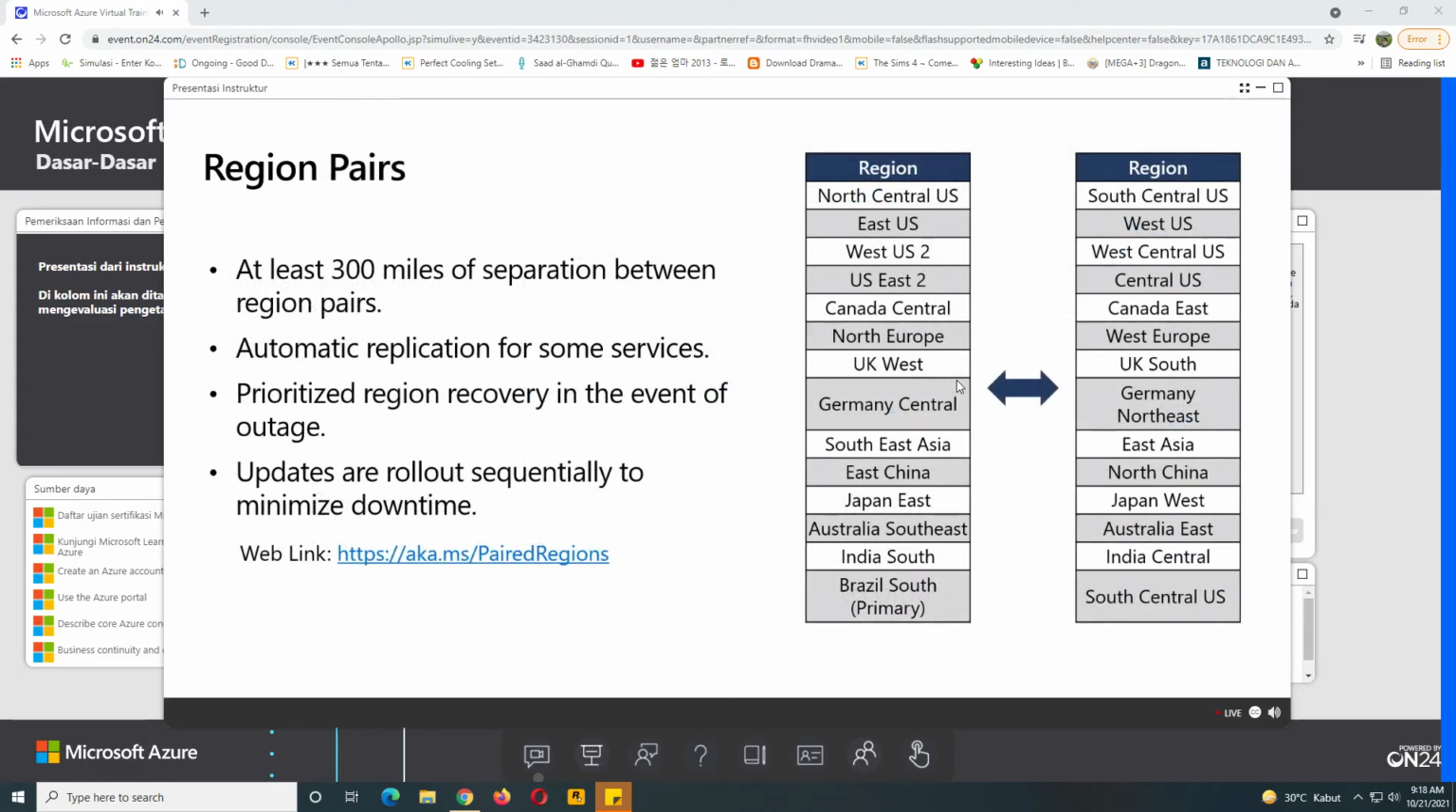Now let's go a little bit deeper. We're talking about region pairs. So like those blue dots, they have region pairs, which means two blue dots in the same geography, separated by at least 300 miles of separation. These are automatic region pairs. So it's very important when you plan your deployments to pick automatic region pairs wherever possible. For example, if I was deploying my resources in East US, I'd want to pick the automatic region pair in